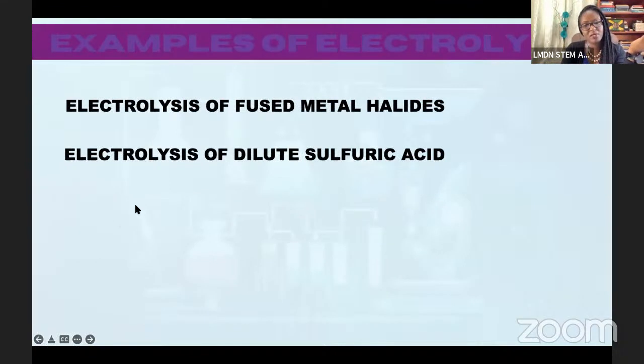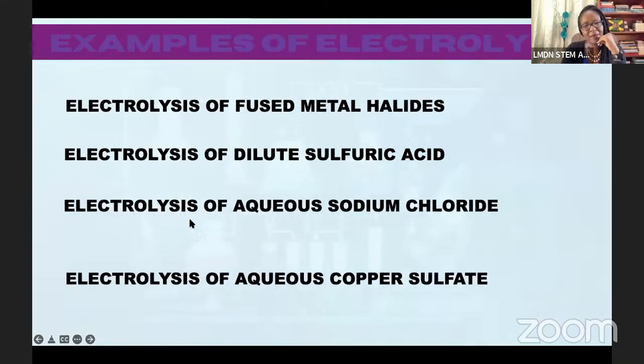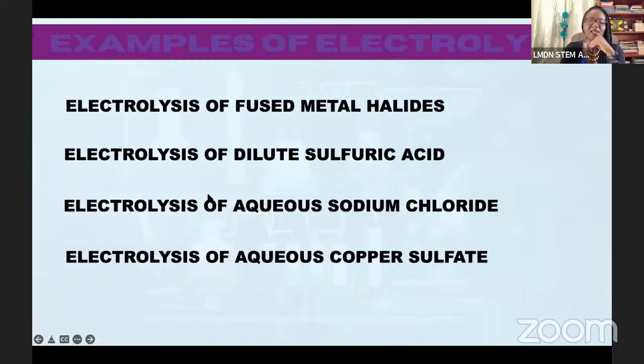You can look up these examples in your own time. And I told you about this: electrolysis of aqueous sodium chloride. Pay attention to the concentrated and the dilute form, as well as, I'll look this one up too, the electrolysis of aqueous copper sulfate. Please, let me mark them so you remember that I said to look these up. Look up this and look up this. These are important too. So if you have time, definitely look these up as well.